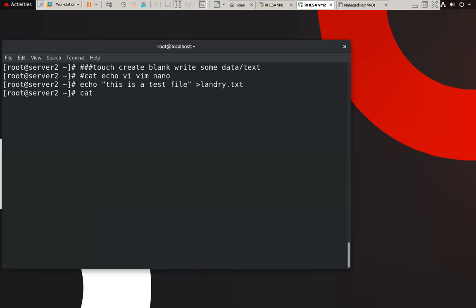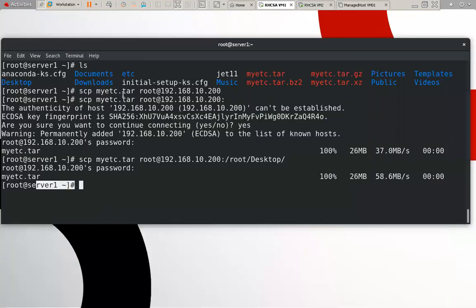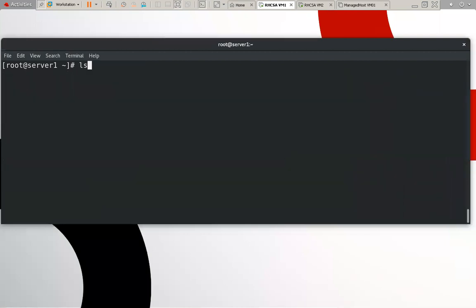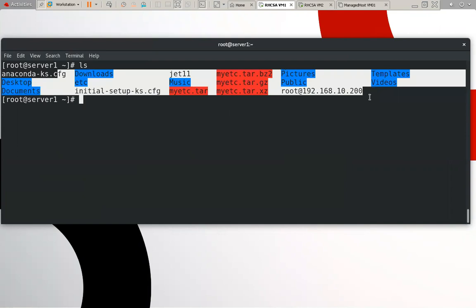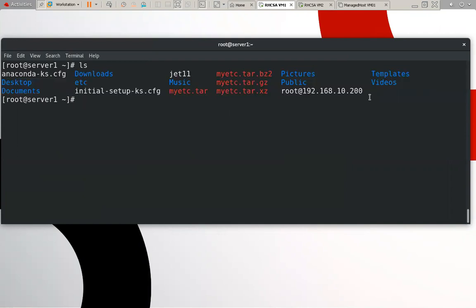Now we can check what data we have in this file. We want this particular file in this particular machine. Now check, we have no file on that machine.